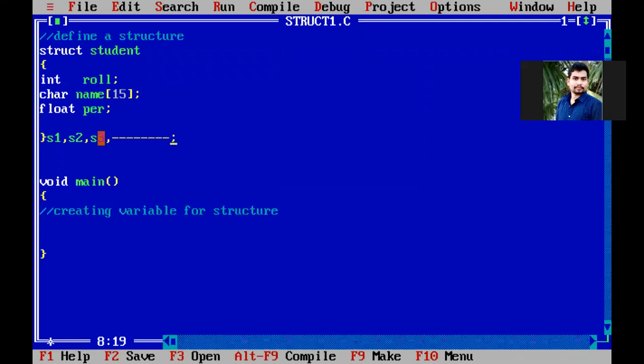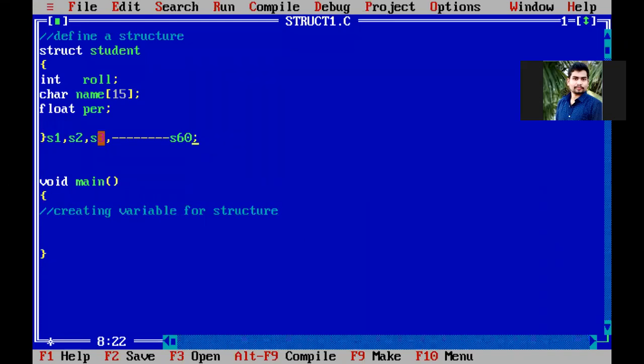In our class we have almost 60 members, so the last one will be S60. Into S60 again there will be one copy of roll number, name and percentage, so that we can store the last student's roll number, name and percentage.